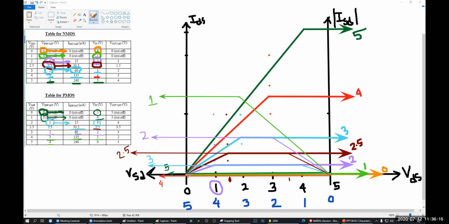Next 4. I'm going to choose a color. Let's say this one. For 4, our value is 240. Where is 4? 0, 1, 2, 3, 4. 240. Where is 240? 240 is here, right? Now I'm going to draw the arrow like this. I'm going to draw a line like that. I'm going to write the value of input. What is the input? Input value is 0 here. Okay. So our drawing is complete.